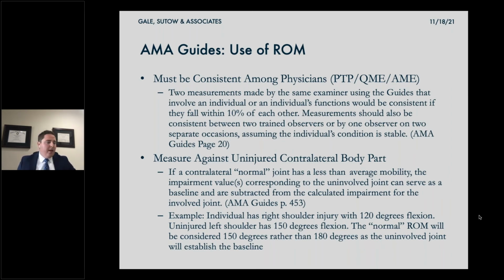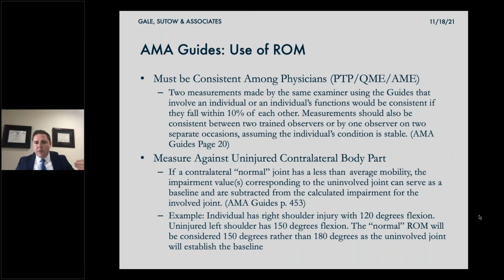They might have a history of knee issues, and both their left and right knee have a history of restricted motion, and now they're claiming the right knee is injured, but their left knee also has decreased range of motion. So what you're supposed to do in that situation is take the left knee, measure the uninjured body part, take the right knee, measure the injured body part, and the left knee will then become the baseline.